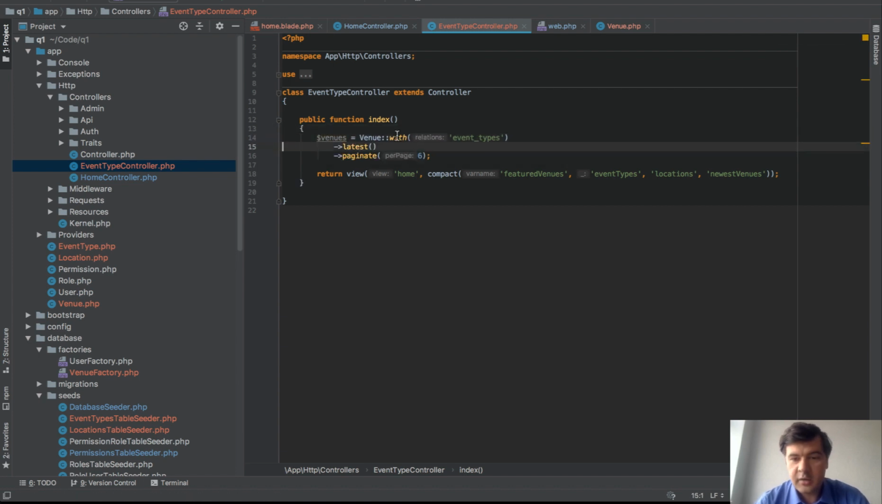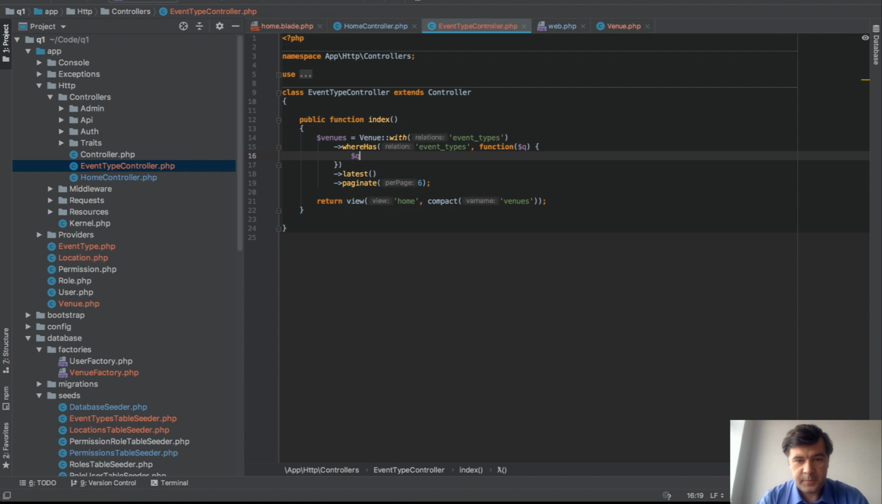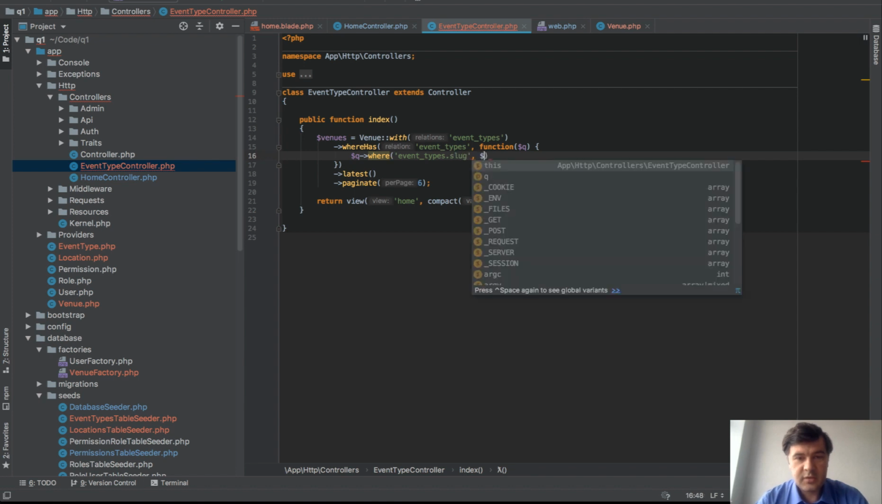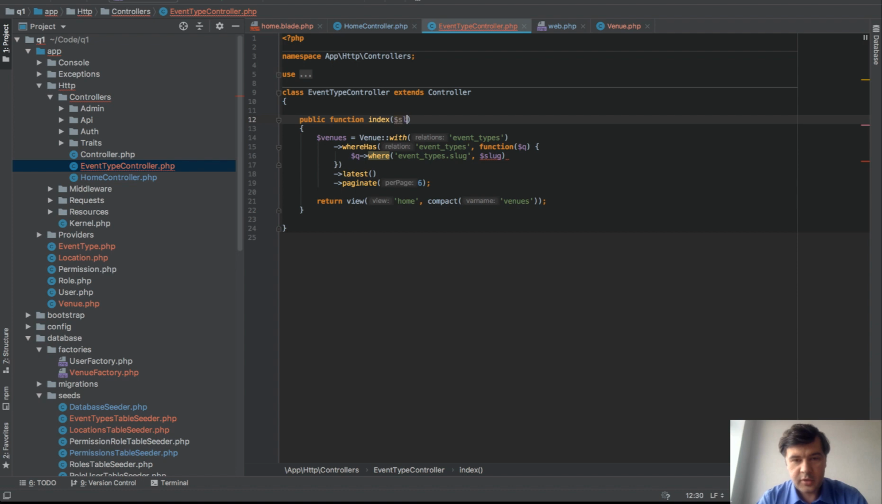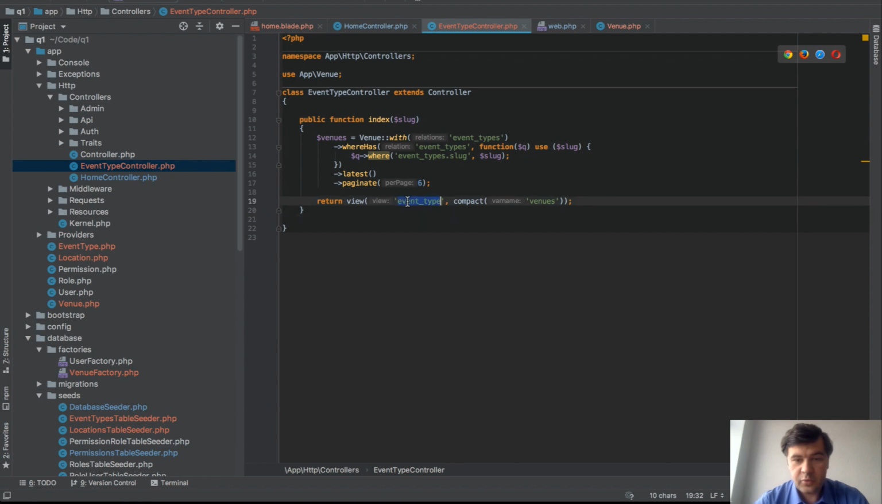And we filter that by belongs to menu relationship. So venues with event types, where has event types. Function callback, from what I remember the syntax, where event types slug equals slug, and slug comes from here, and also needs to be passed here. Use slug where latest paginate, return view event type. Event type. I think that's it. Let's check the use. So we don't need those, and we need the view event type, right? So we take our